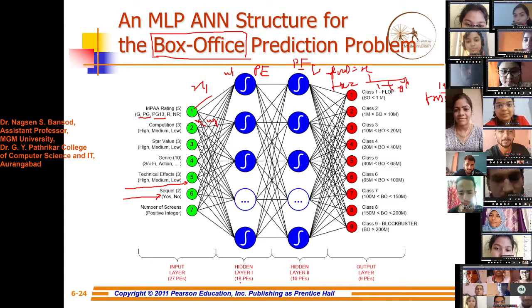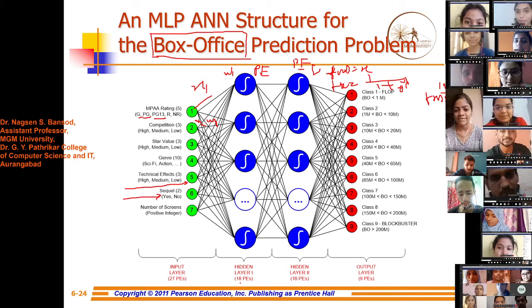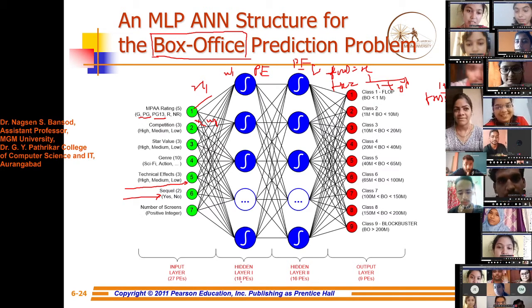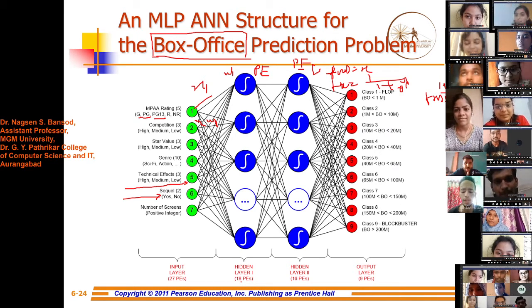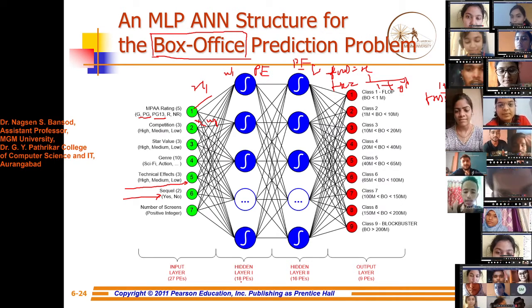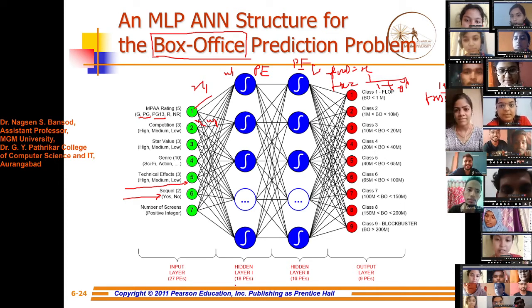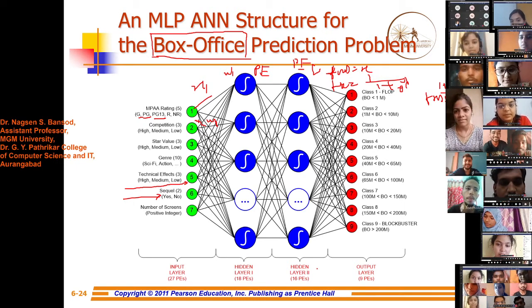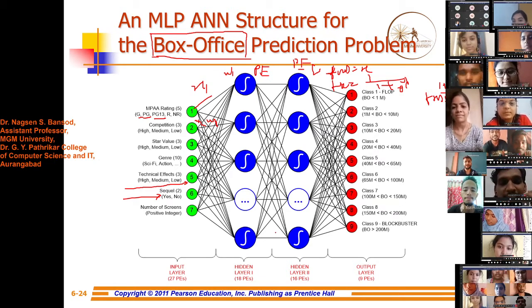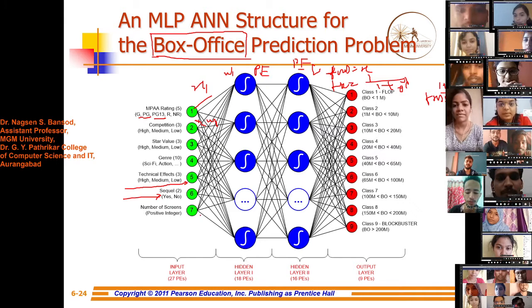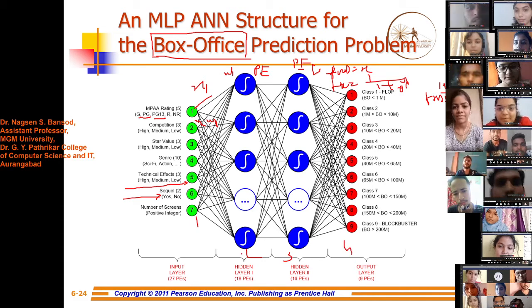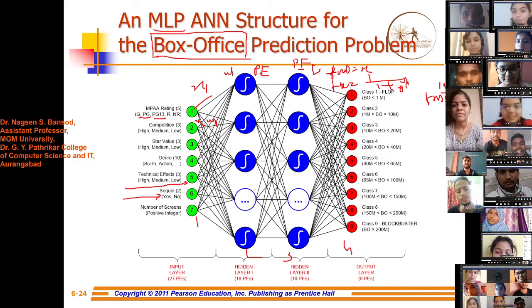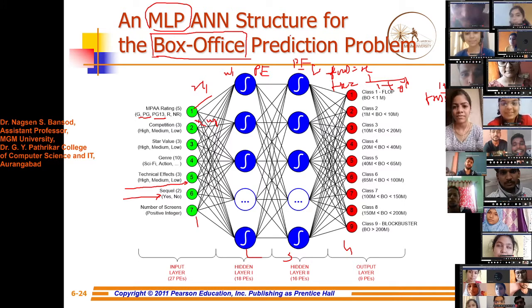How have we taken this value? According to our data, according to the features, we have studied our data and found the appropriate features in it, and we have to provide those features as input as well as hidden input layer. Second, according to the problem, we have to use a multi-layer network. You see here are the multiple layers, layer 1, 2, 3, and 4. Therefore we can say this is the multi-layer perceptron artificial neural network.